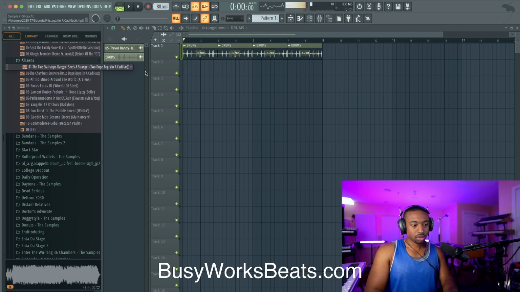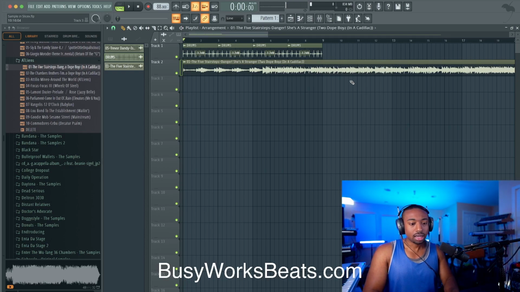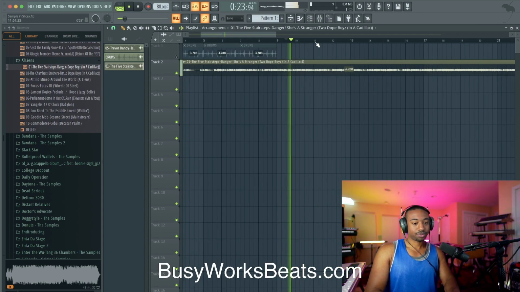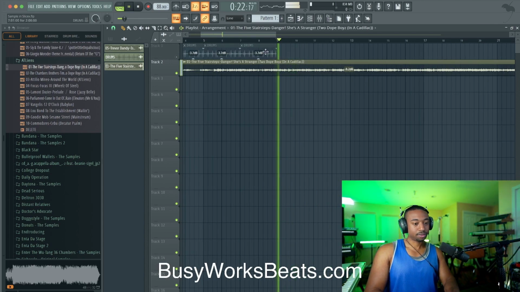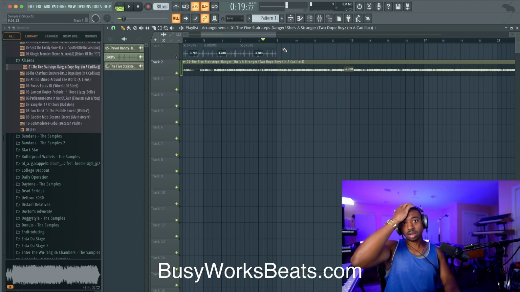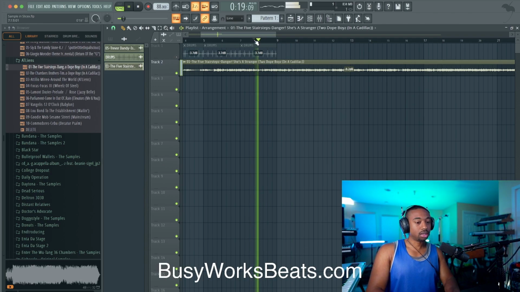Okay, so what I'm going to do is drag this into the playlist. I like to keep the playlist as my idea board until I start arranging the idea. So firstly, I'm going to skip around the sample to find the section that sounds cool, using the playhead up top. So like that. Whenever I hear a part and it's not the downbeat, I'll go back a little bit until I can count the music into the downbeat. Very important when you chop.